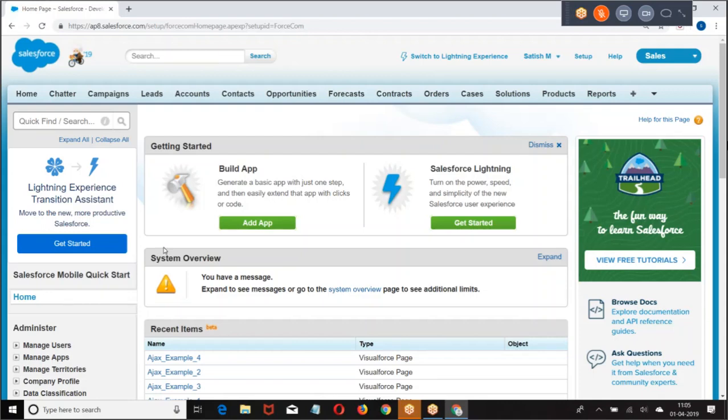Now let us say I logged into Salesforce. If I want to know whether I have permission to see a particular object or not, I will go to the profile and check whether I have access on the object and what type of access. You want to know whether a particular user has permission on an object. You will go to the profile of the user and see on that object whether the user has permissions.